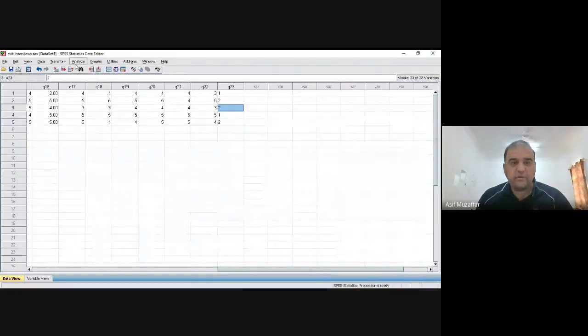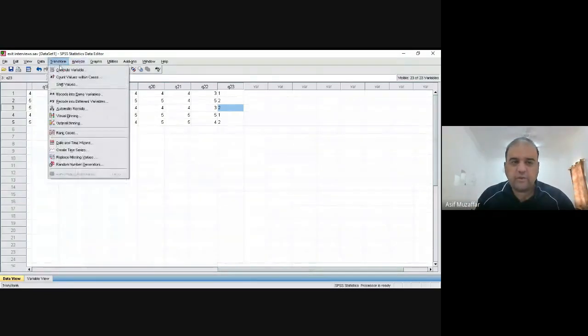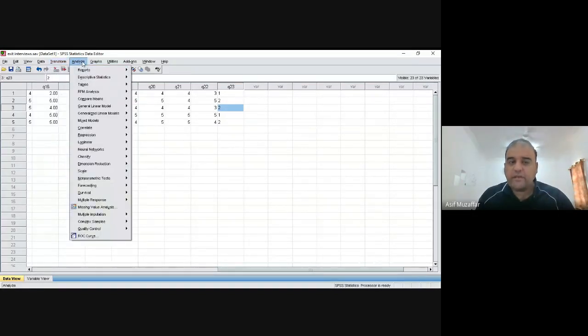Okay, see, go to analyze. Now this column, analyze column, is very important for you. All the descriptive statistics or different type of tests are available here. Only one option, transform, recoding, is there in transform variable, which we used as recode into same variable. We will be using analyze more. So go to descriptive, frequencies.